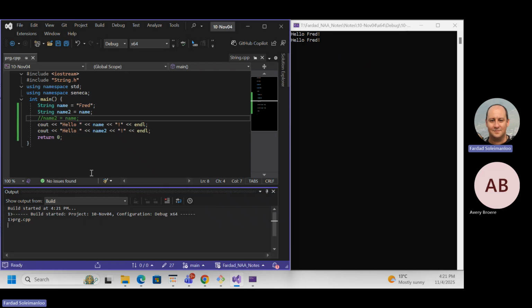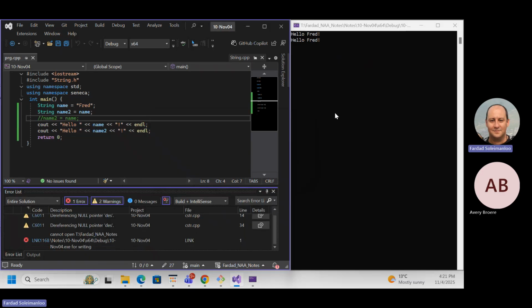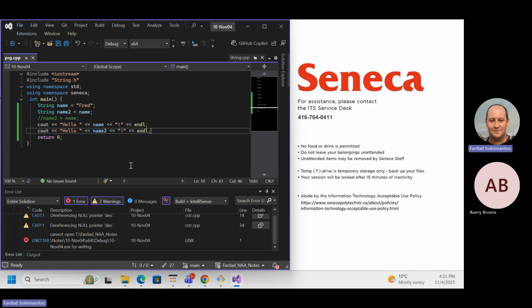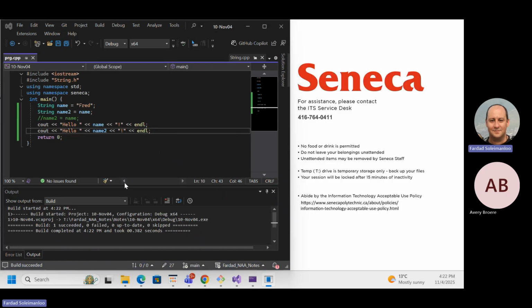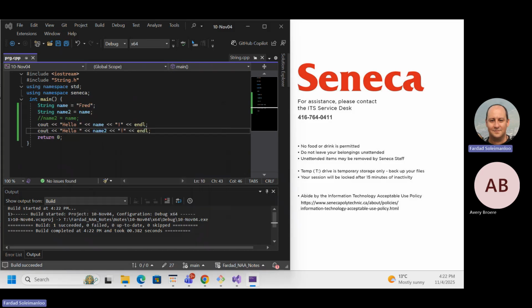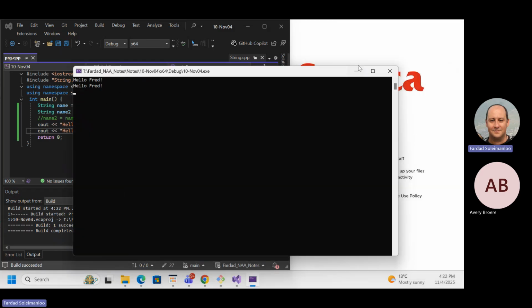If I run this, build errors. Why? It shouldn't be build errors. Oh, because the program is already running. I didn't stop that. Okay. Oh God, now it's going to hang on me. Please stop. Thank you. Okay, so one more time, Control F5. If I run this one more time, you'll see the exact same thing happens. So let's analyze the two things that actually happened. As you see, the program hangs because it crashed, and it's going to take a while to stop. There we go.